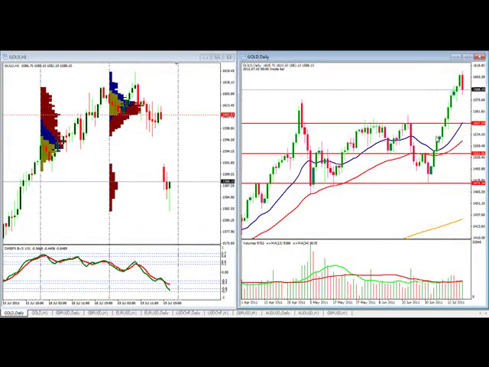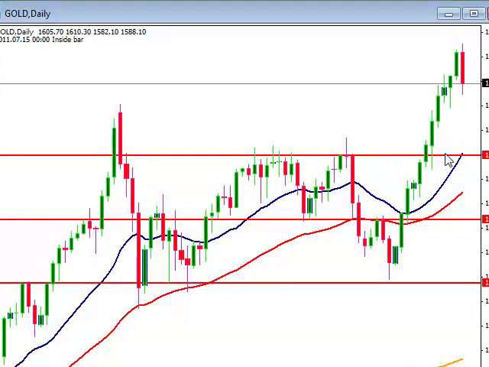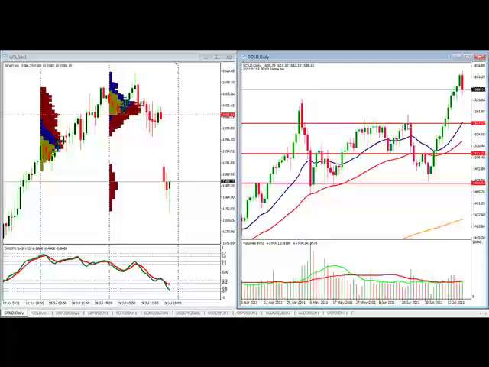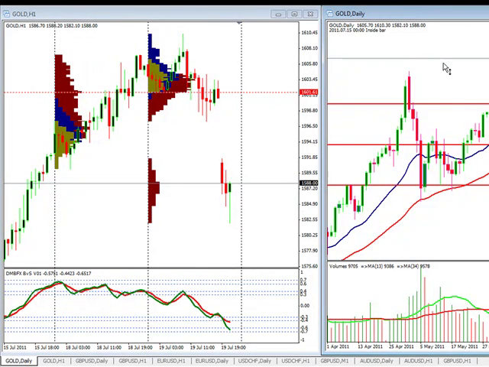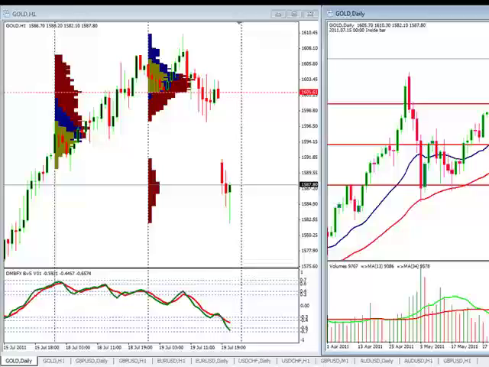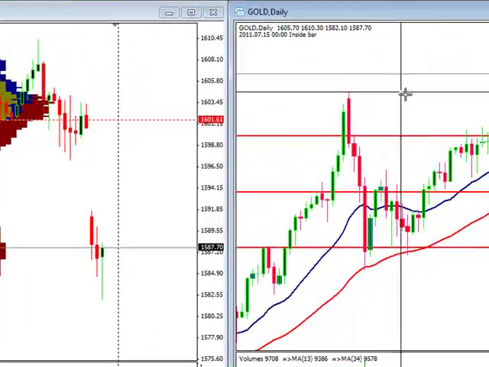As always, we're going to start off with our gold chart. We can see our 11 to 12 day move up here, a couple inside bars. But as we talked about, eventually we have to pull back. We have to breathe. Doesn't necessarily mean we're going to come back and test the 20 moving average or this last consolidation resistance. But what we can see as we grab our crosshairs is that there certainly could be a potential for the market to pull back to this past swing high right in here.